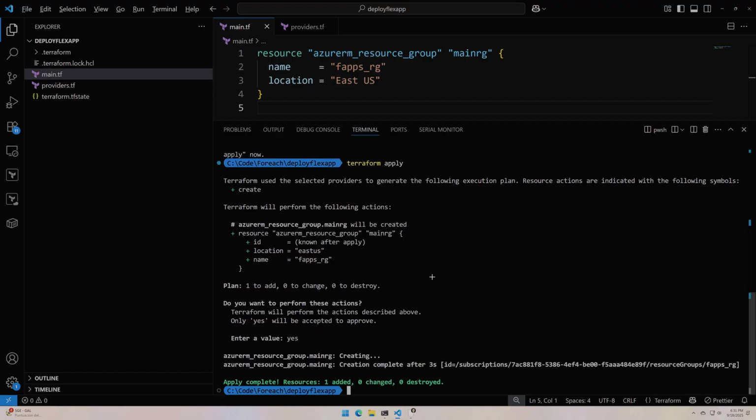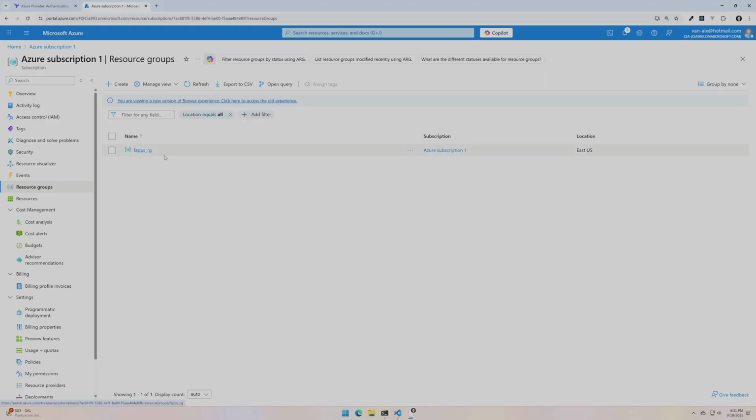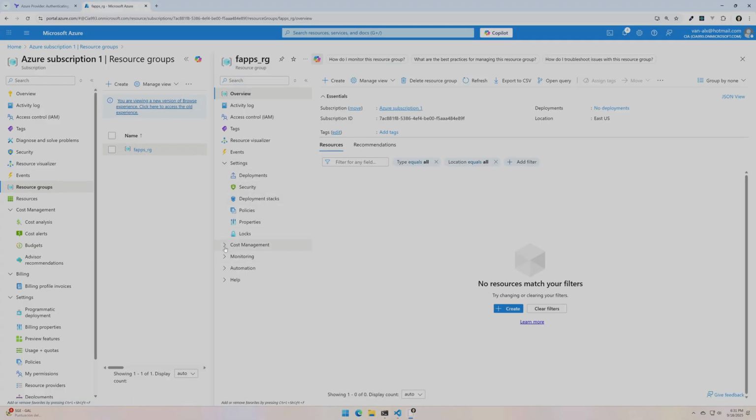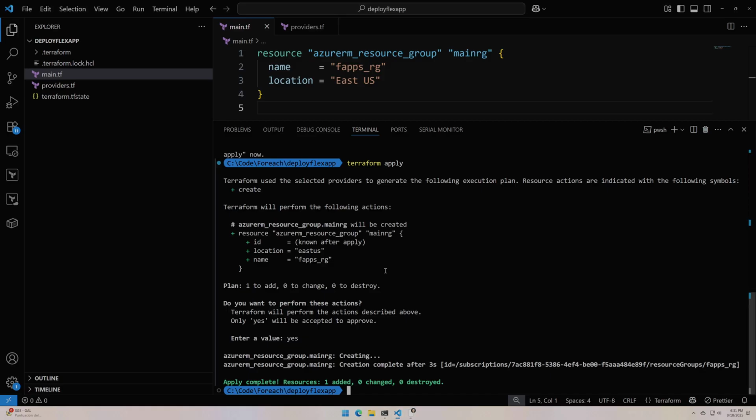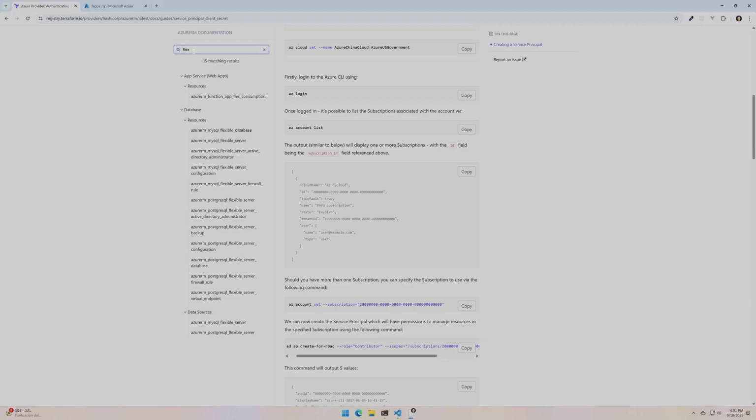So then after we added the yes, it will start creating the resources. So let's click on refresh, and yeah, we have our FApps_RG resource group created. Okay, let's go back to the documentation and search for Flex Function app